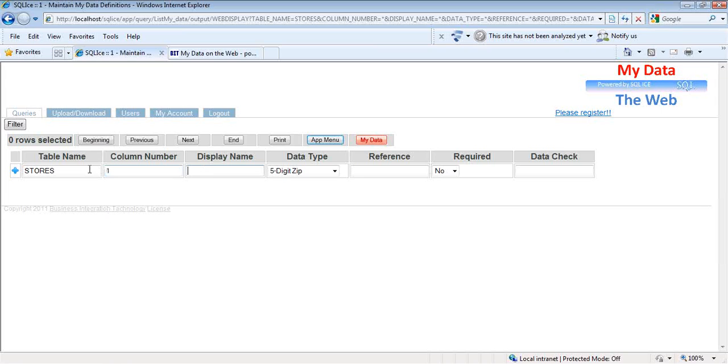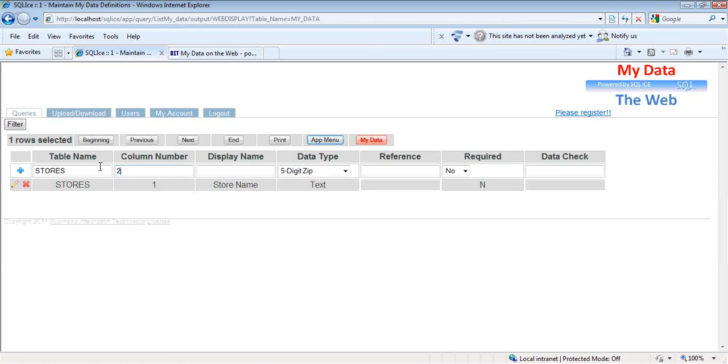My first column is store name, so I have column number 1. The display name is store name, and these can be mixed case with spaces here. This will be a text data type. You can see here from the drop-down box there are various data types. This is similar to what you may see in an Excel spreadsheet as far as data types go. And so then for this row, I won't be using these other fields, and I'll explain those a little bit. We will be using some of those in this example. So I click the plus icon to add that row,